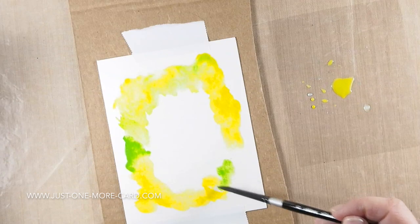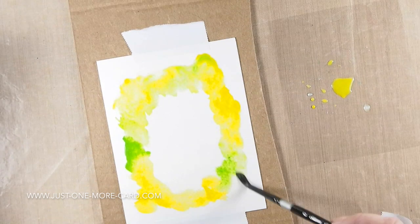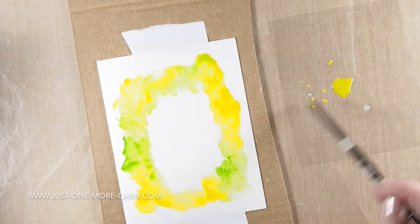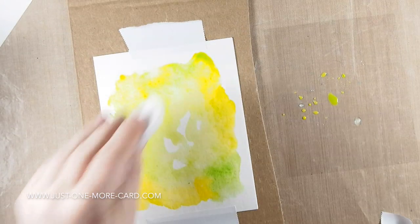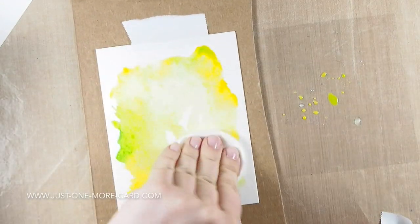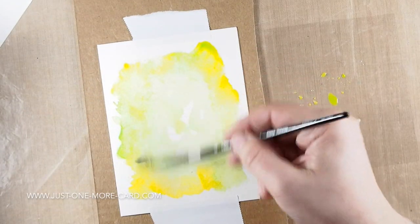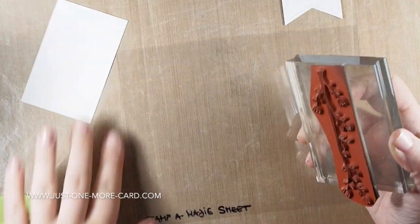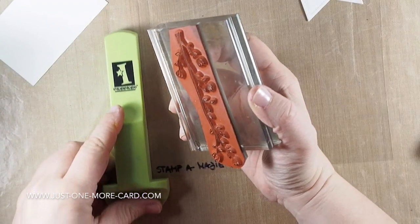But if you mix water with Perfect Pearl and then just use that water for your coloring, you can get a beautiful shine in your color, a beautiful sheen that glitters when the color catches the light. So here I'm using just a makeup pad. It was the only thing that I had handy here, and I dabbed off some of the color because it was too intense. I set that aside to dry, and you can see here my Stamp-A-Magic sheet,